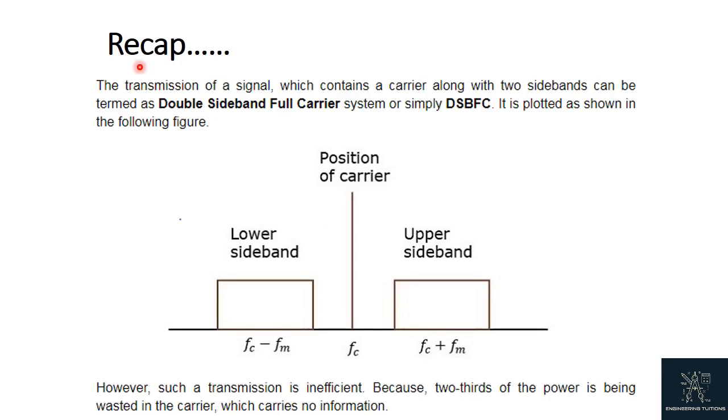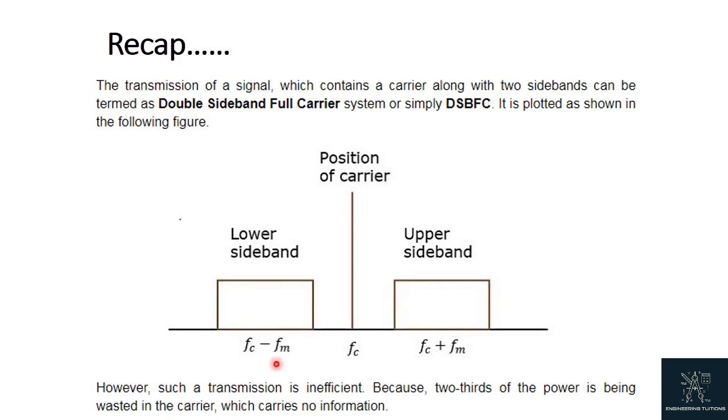In the previous session, we discussed amplitude modulation. If you have not watched that video, then click on the I button and watch it. In the process of amplitude modulation, the modulated wave consists of the carrier wave and two sidebands. The modulated wave has the information only in the sidebands. A sideband is nothing but a band of frequencies containing power, which are in the lower and higher frequencies of the